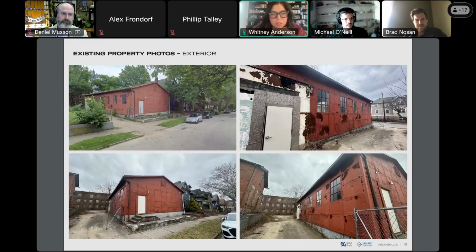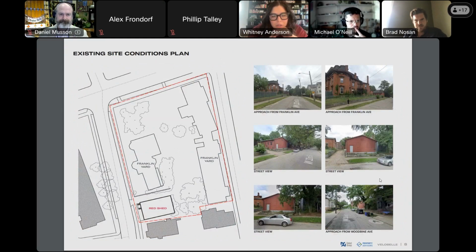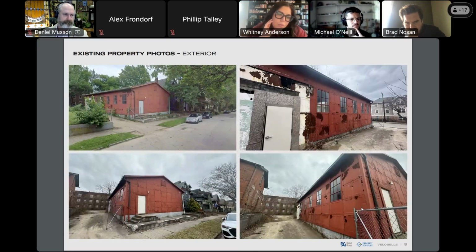I think the closest you can see is that street view there. I really would like to see the back and how it relates to the house, because you have it next to Franklin Yard, and obviously the driveway provides some distance there.